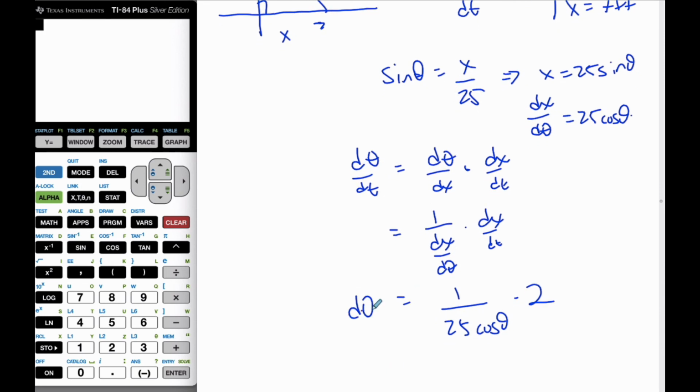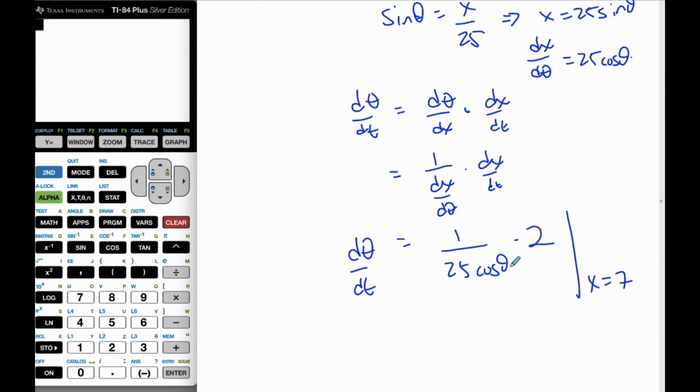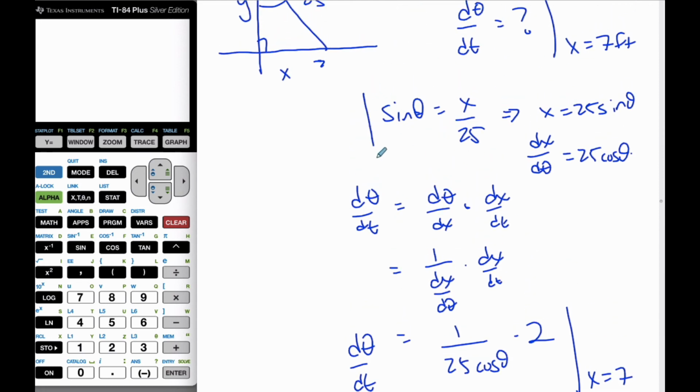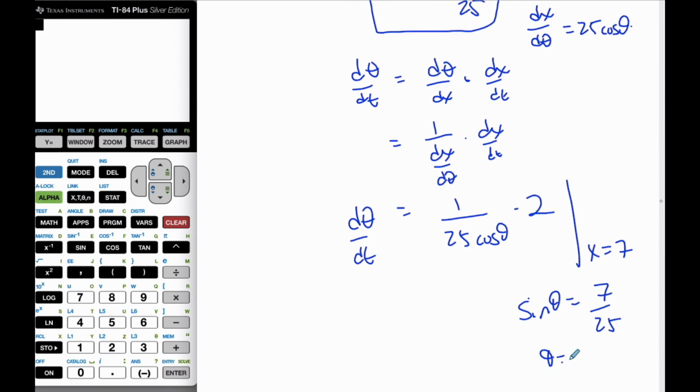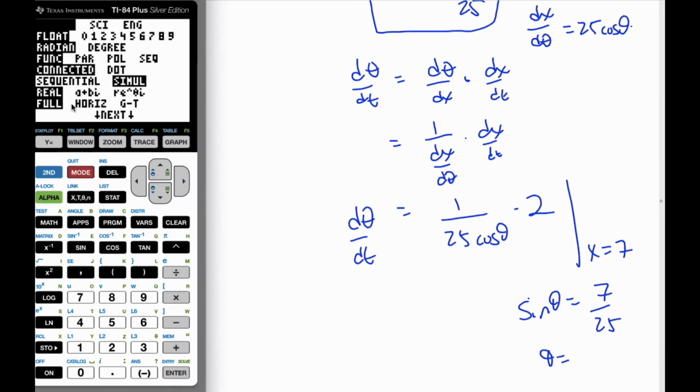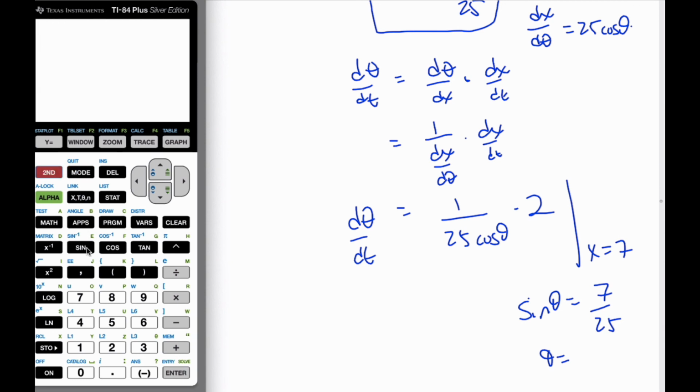And I want to find dθ/dt. And I want to do this when x is equal to 7. My problem, though, is I have theta. I don't have x. So in order to get rid of it, I'm going to go back to my initial relationship. And so I know that sine of theta is equal to x over 25 if I plug x in. And so theta then, using my calculator, making sure I'm in radians, because this is calculus, is the inverse sine of 7 divided by 25. So here is my angle,